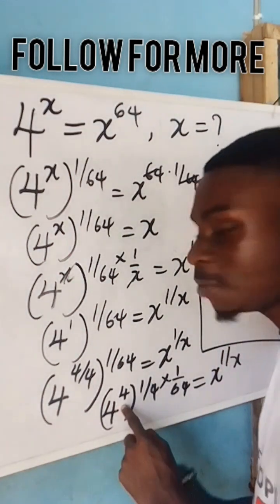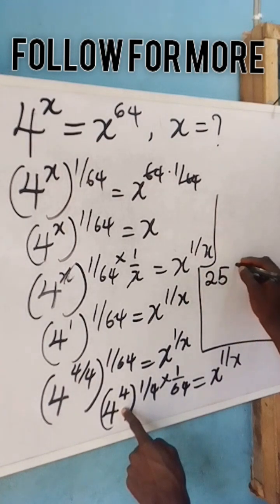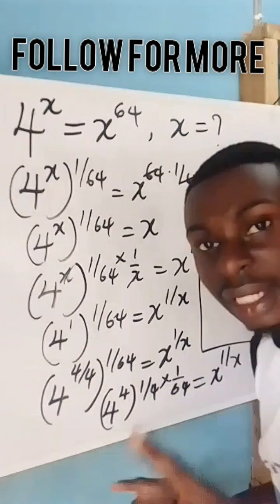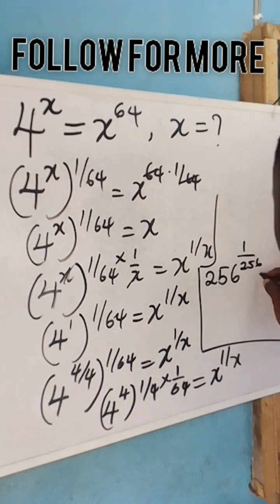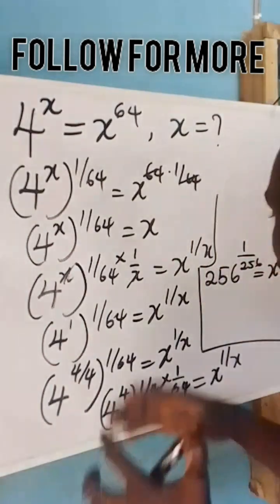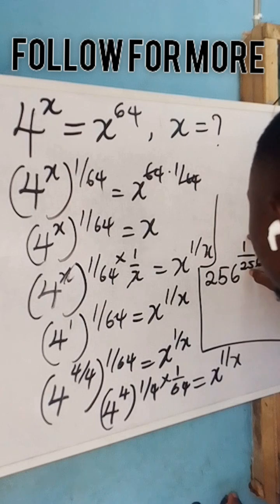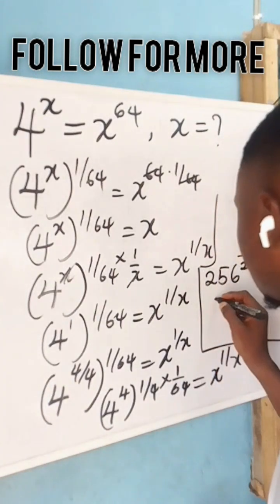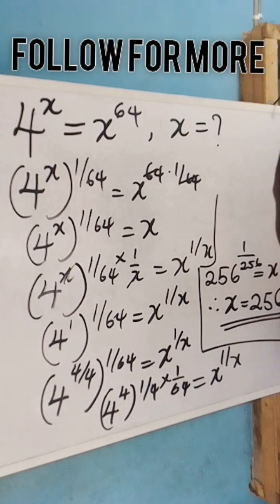So 4 to the power of 4 will give me 256, raised to the power of 1, because 1 times 1 is 1. Now 4 times 64 will give me 256, equal to x to the power of 1 over x. Now by so doing, we look at this equation and by comparison we can see that x equals 256, because this is 1 over 256, this is 1 over x, this is 256, and this is x. So therefore the value of x is equal to 256. And that is the final answer in this